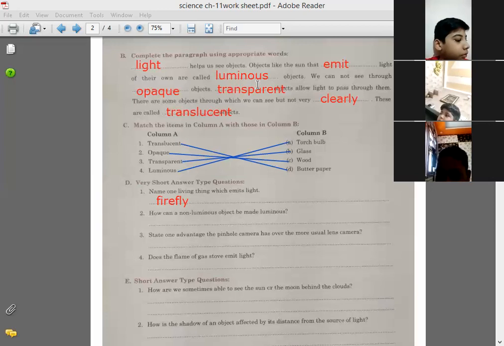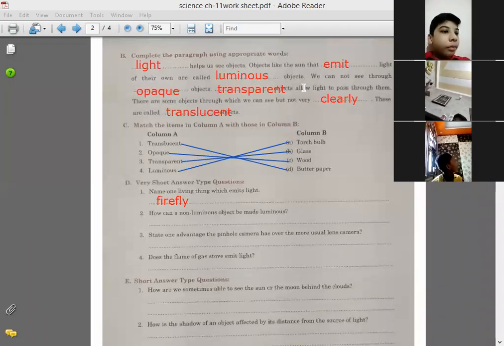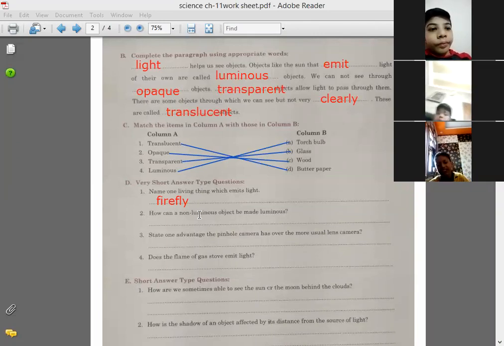So children, you have to write down in your own words. When light falls on the non-luminous objects, what happens? They reflect the light and we can see that light.